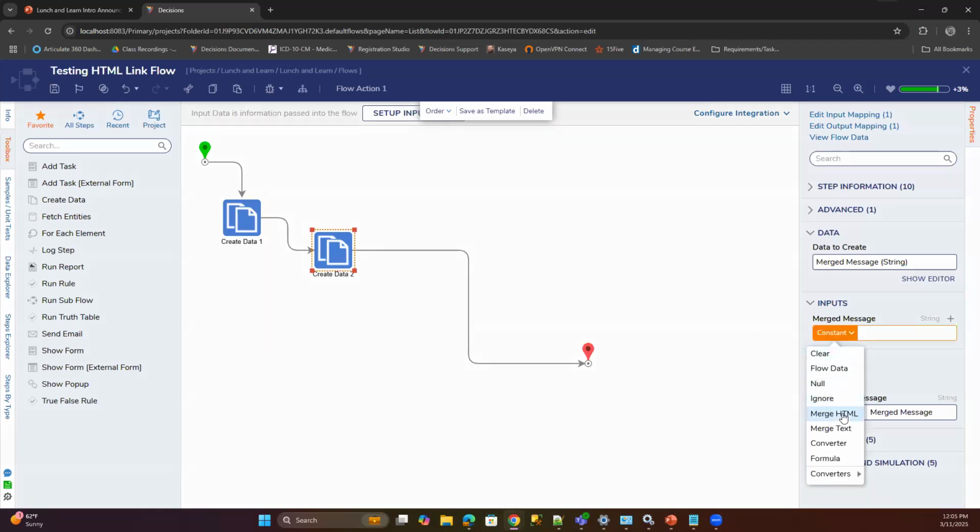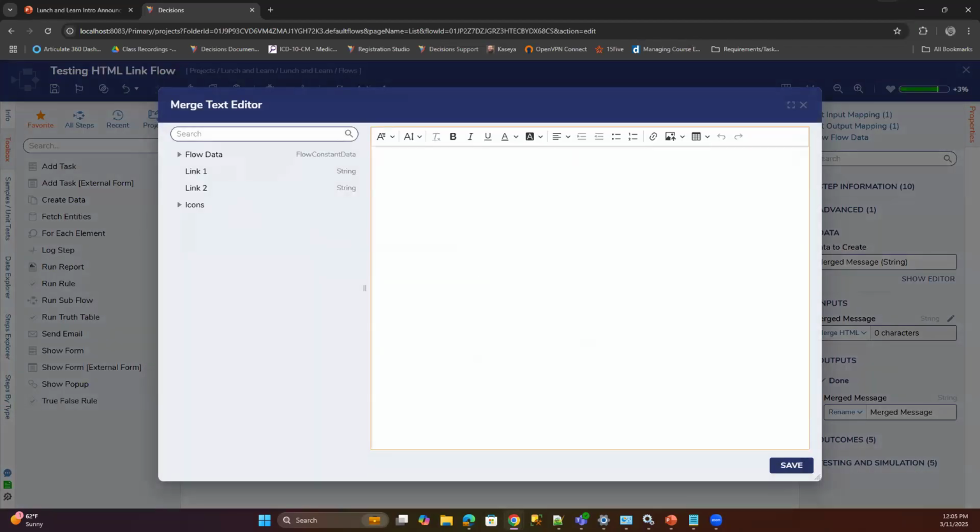This is going to be your merge HTML. Important message stuff up at the top.